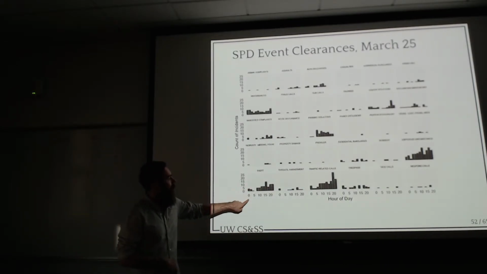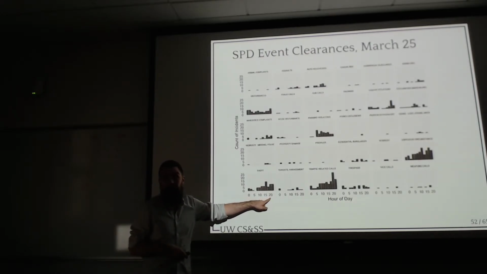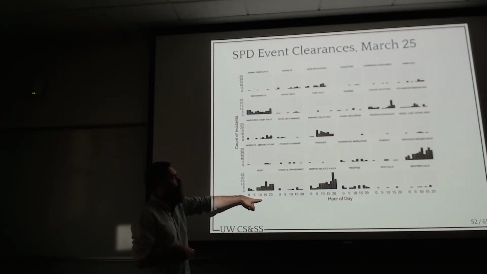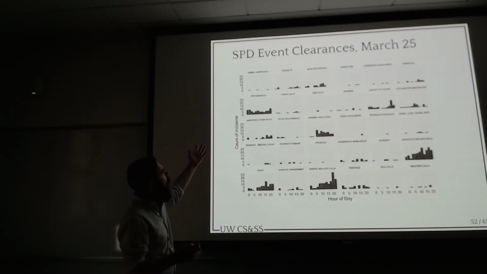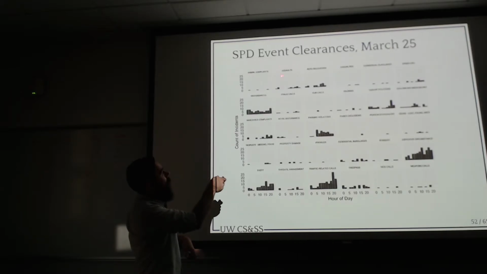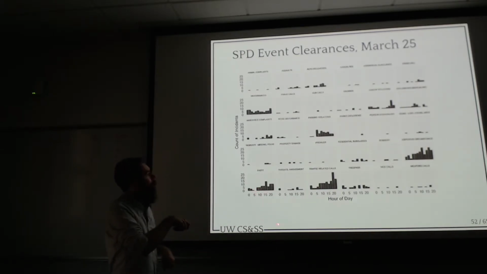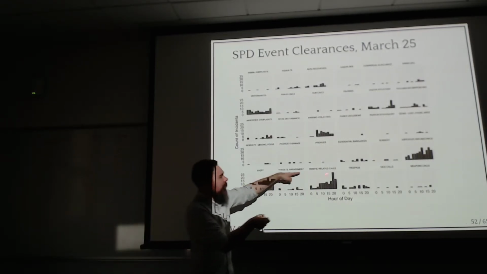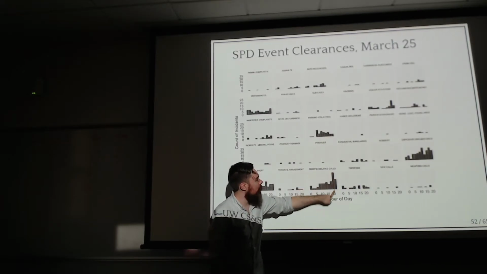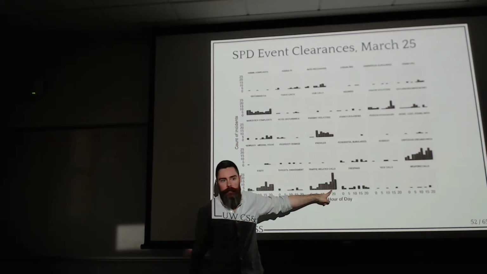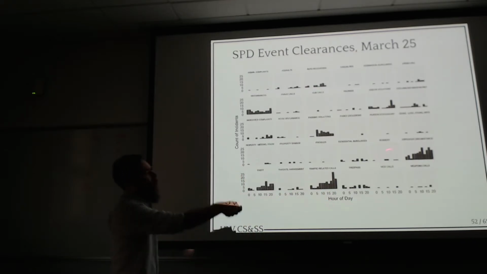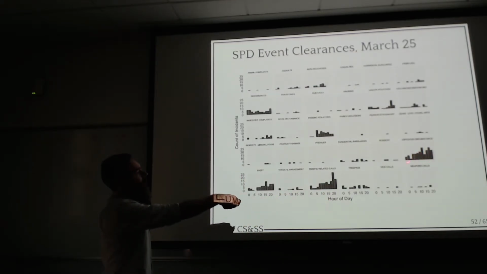So like at 0 here would be just after midnight and onward, down here at 20 being around 8 p.m. Okay, at the top you'll see animal complaints, assaults, auto recoveries, casualties, disturbances, parking violations. And you'll see these things will follow certain flows of the day, which you kind of expect for some of them. Traffic-related calls are peaking right here, kind of late in the day, picking up people for DUIs and stuff like that. Suspicious circumstances occur mostly at night and in the early morning,